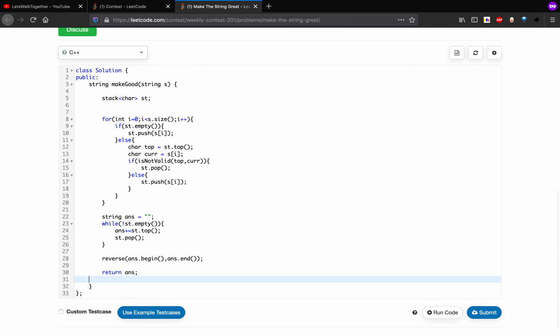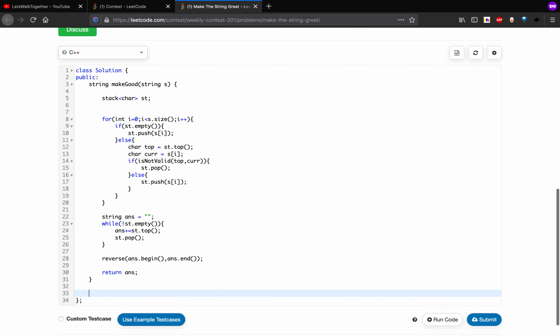Now we just have to implement the isNotValid function. So it is very simple. isNotValid takes char c1 and char c2.